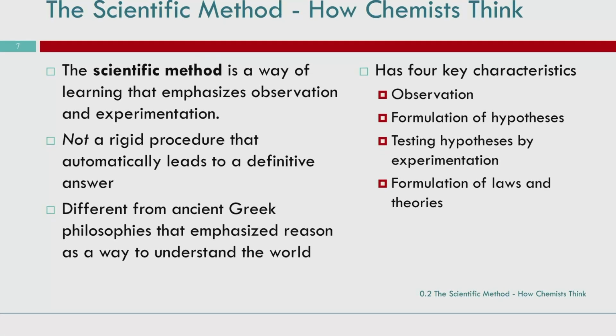So the scientific method focuses on observation and experimentation. This is different to what I believe was the ancient Greeks and Romans maybe, where they very much emphasized logic and reason. Like they just kind of thought about stuff. And so this is very different because they were actually like, let's try doing stuff. Let's make a guess and then let's actually try something instead of just sitting around and thinking about it and drinking our poisoned wine.